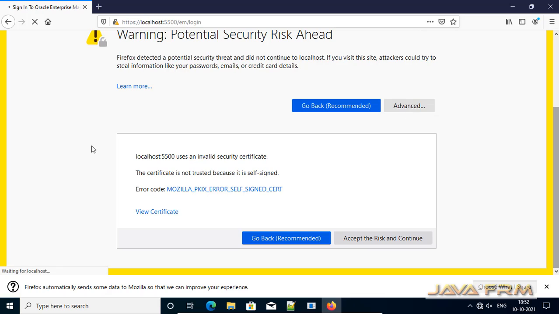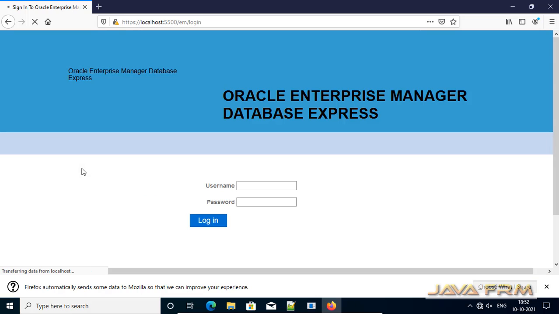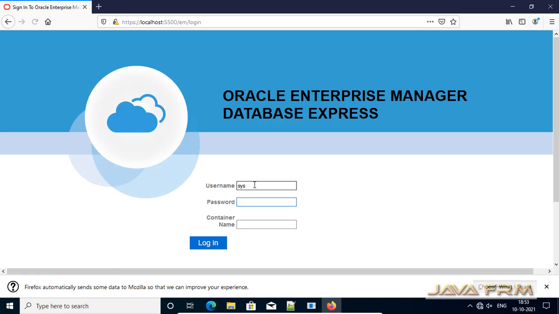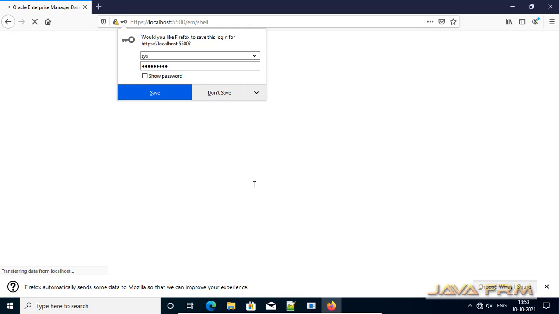So accept the risk and continue. Provide the username and password for this user. So now I can log into Oracle Enterprise Manager.